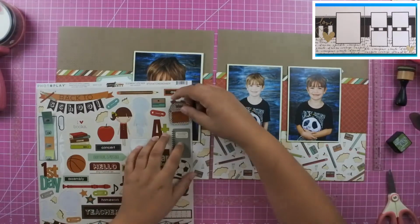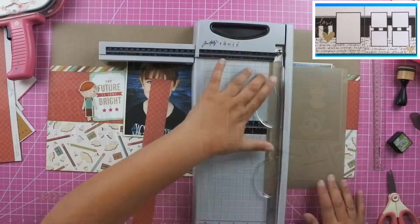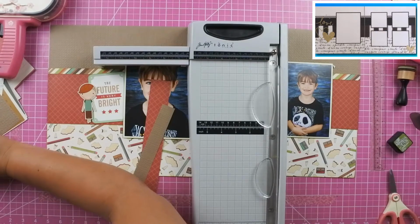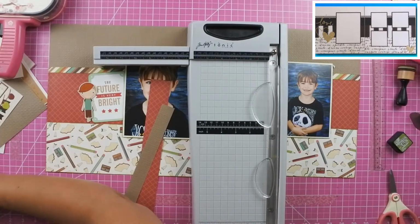And so I also wanted to try to use this book bag, but it just blended in too much with the colors of that paper that was on the bottom. So what I'm going to start doing is building a cluster on the far right hand side. So I pulled out a sheet of the brown paper and a sheet of that red paper,